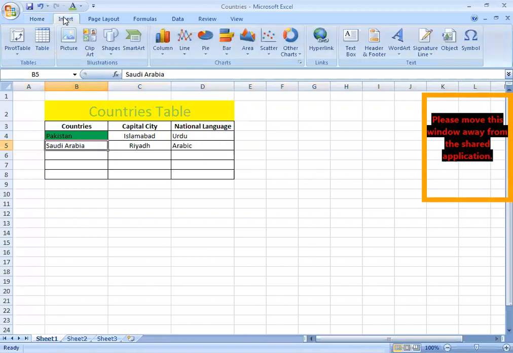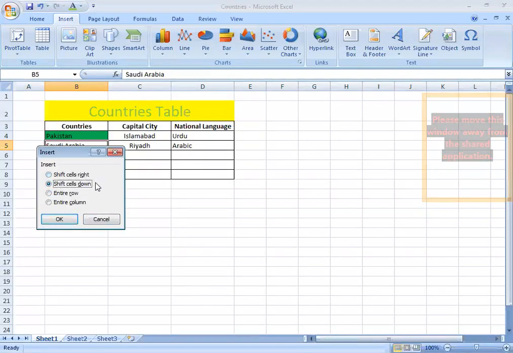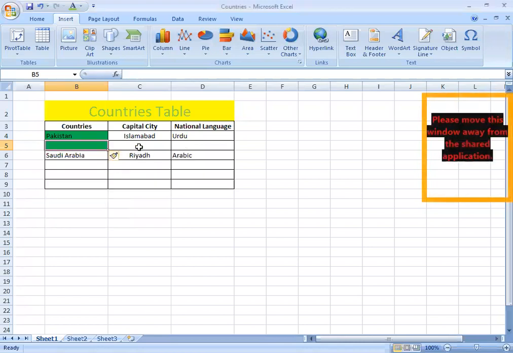You will select the cell, do the right click, this pop-up menu will appear, and when you click on the insert command, this dialog box will show, and you want to insert an entire row, so you will select entire row. Okay, now you can see that a new row has been inserted between Pakistan and Saudi Arabia.